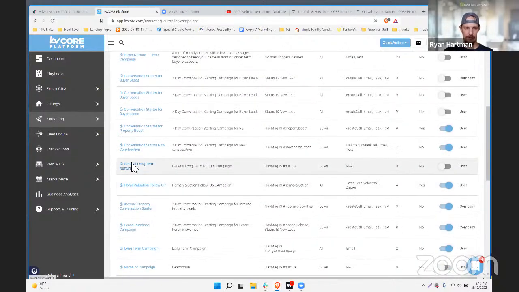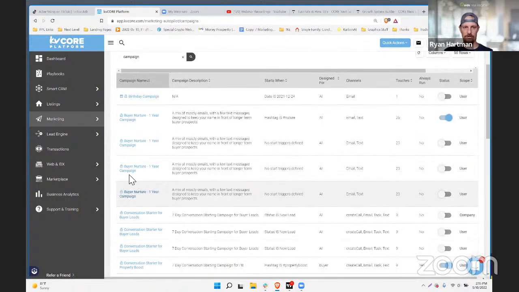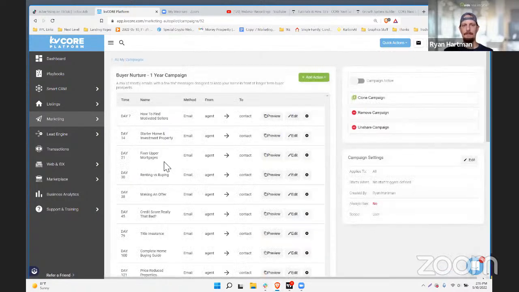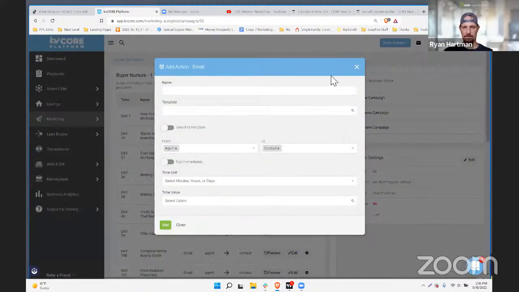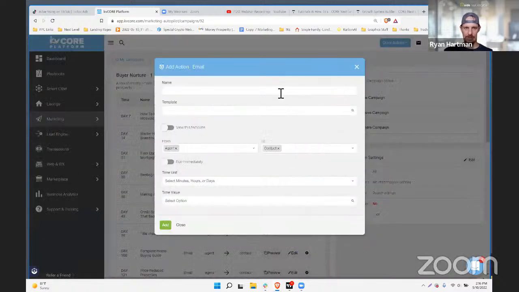So I'm just going to pick right here. What you do is you click add action up at the top. You go into the campaign the way I just did. So you go to the campaigns page, click on the campaign, click add action, and you're going to choose any of the actions here. So it'll be an email or a text for content, right? And then we have these other sort of things you can do that aren't specifically content, but the content itself is, if I'm doing an email,